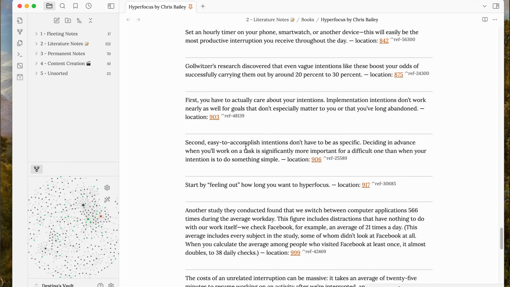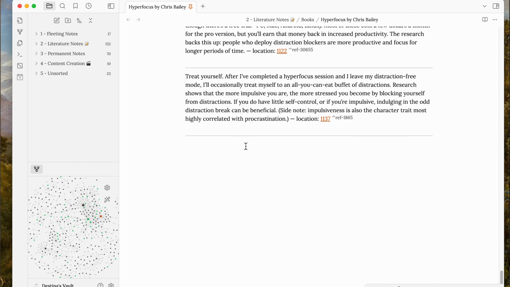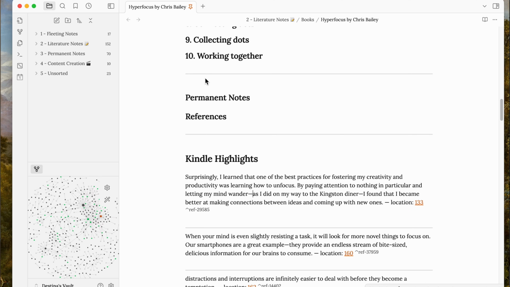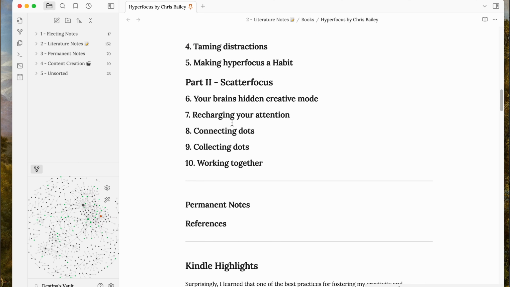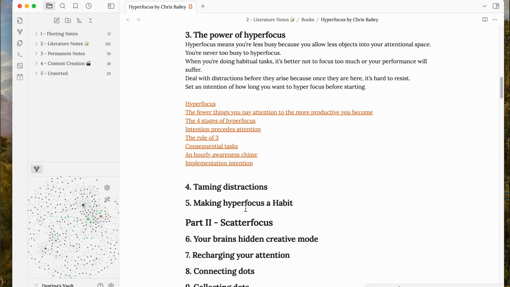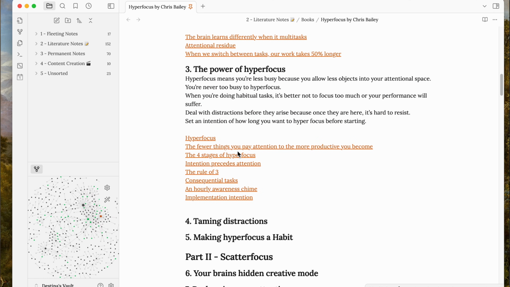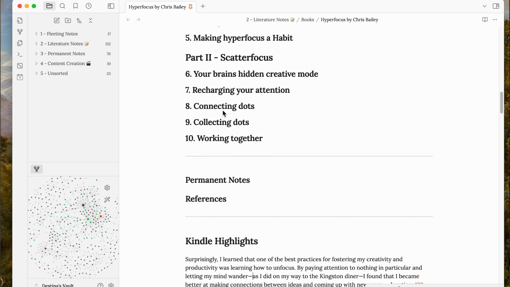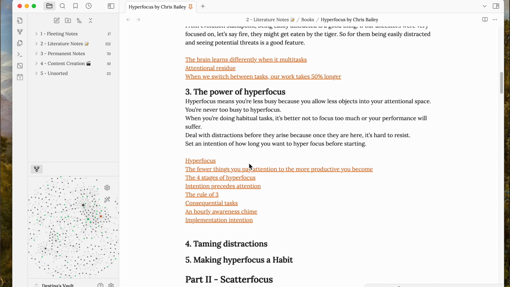When you're using Kindle or other ebook readers, it's quite nice to add every quote that you have in here. I also have a section with permanent notes and references. So the dilemma that I personally have is I either can put all the concepts under the chapter names, or I can just collect everything at the bottom right here where the permanent notes are. I'm still trying to see what works best, but I think I will stick to this structure because it just